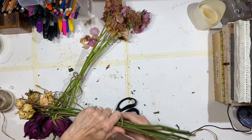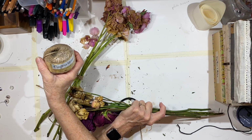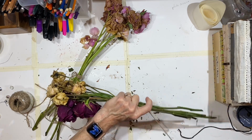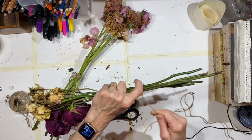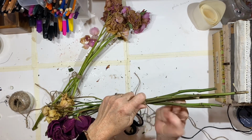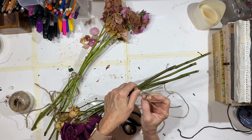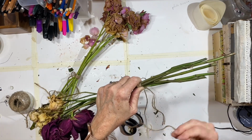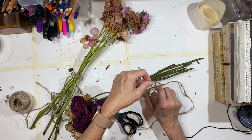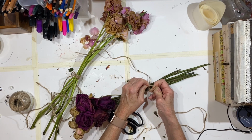And once again, let's wrap this heavy cord around. This is this Crafter's Square Natural Jute cord from the Dollar Tree. And I just love the look of dried flowers hanging up. It's so pretty. So let's tie this one. Trying to tie it without letting go of the tension that I have on the string. Let's get the knot started, and then I can maybe,